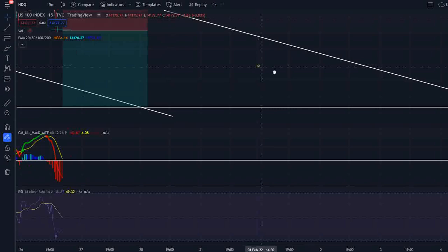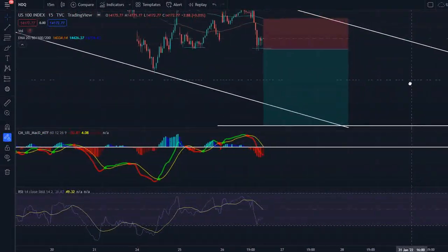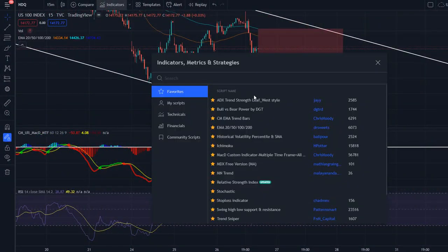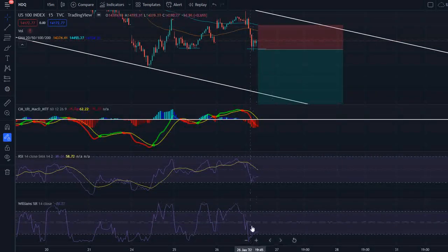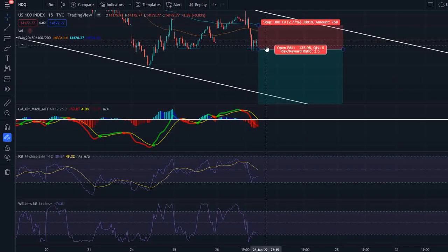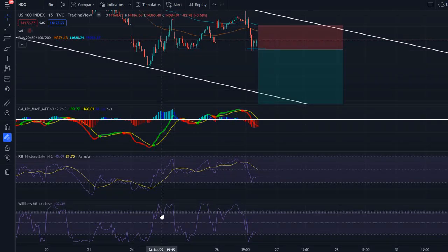2 to 1 risk to reward ratio. Okay, there are so many indicators that you can play around with, which will work for you if you want to do that. Some are great, some are bad. You've got the Williams percent range here, which tells you more stuff again. So in this case, it is in the overbought section, oversold section, so you can go up. So take a look and see which one your chart is